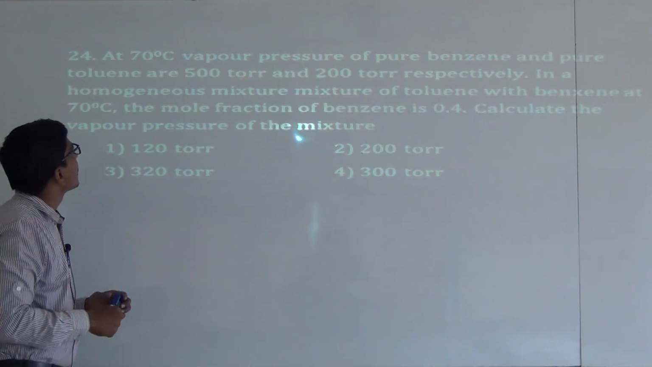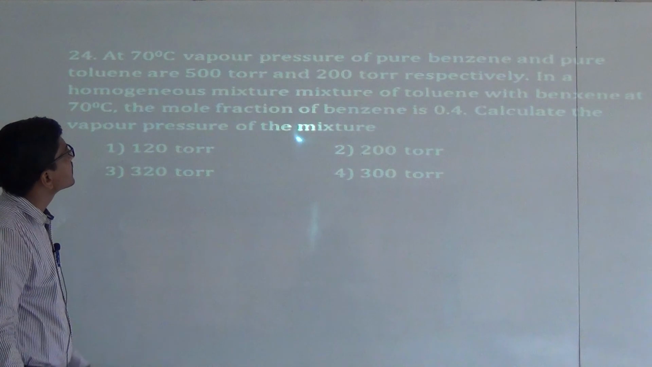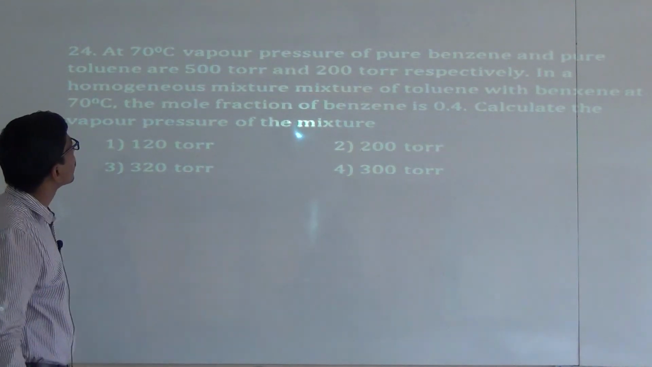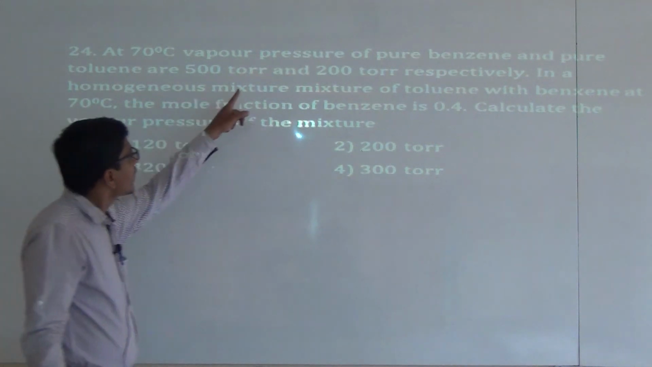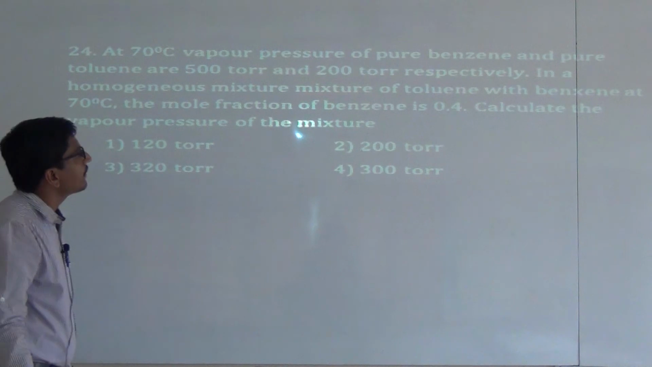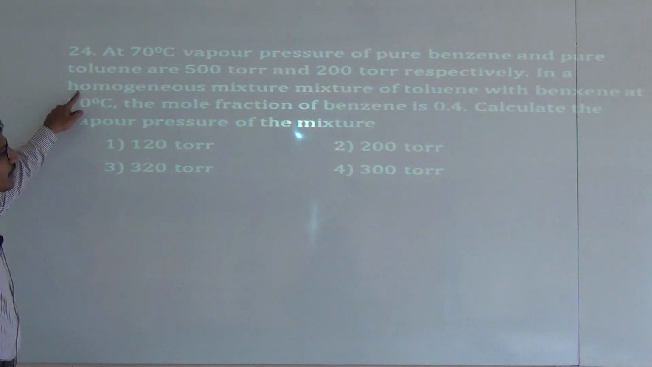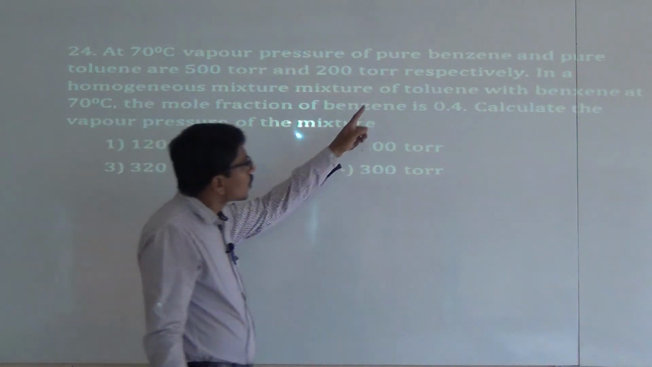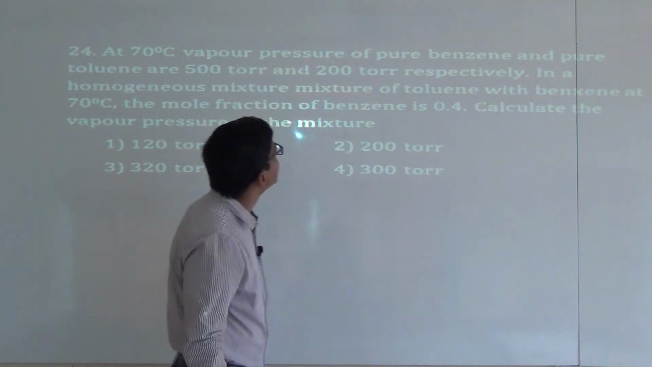Next question is, at 70 degrees Celsius, vapor pressure of pure benzene and pure toluene are 500 torr and 200 torr respectively. In a homogeneous mixture of toluene with benzene,